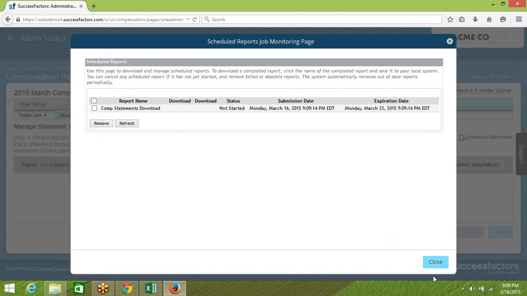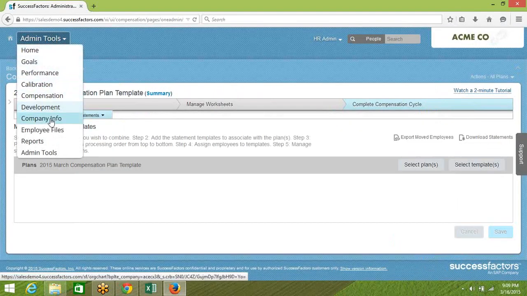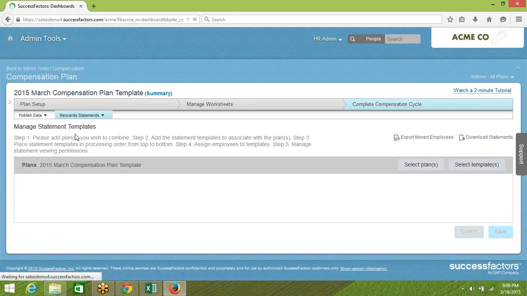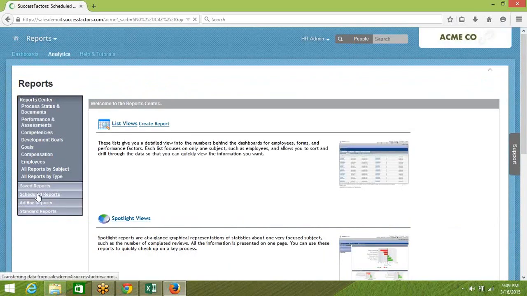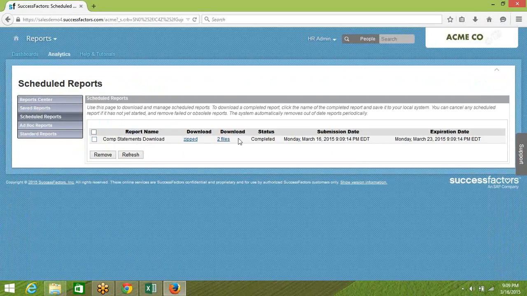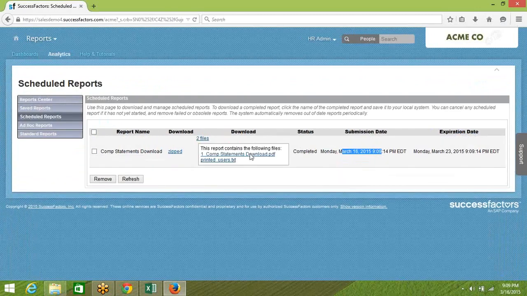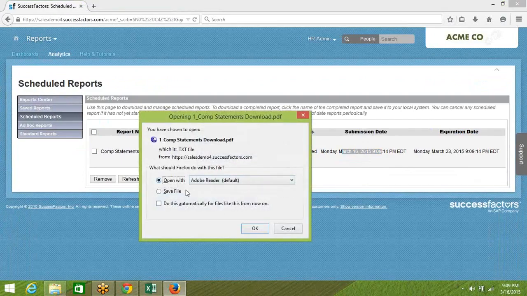Or otherwise, if you go to your reporting module, where you will be able to find this information, if you go to your reports, and you can see scheduled reports, and you can see here this is the one that we just submitted, guys. You can see March 16, 2015 is when we submitted, and it is available to download. Let me click on this, and you can see here